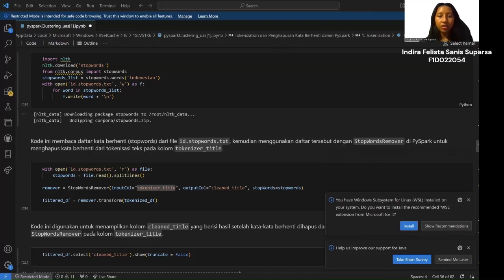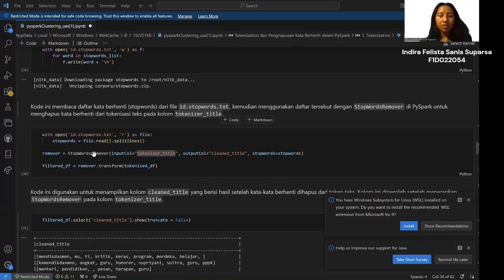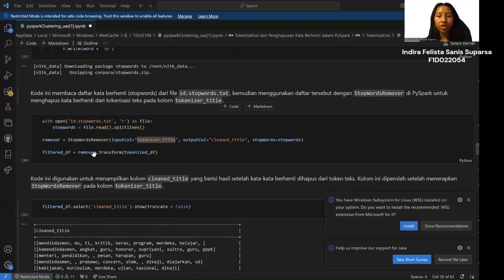The file id.stopword.txt is read into Python as a list of stop words. And the stop word remover is used to remove all the tokens or words from the tokenizer title column that are present in the Indonesian stop word list.